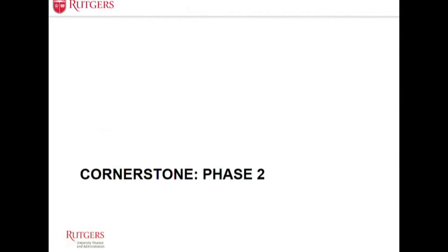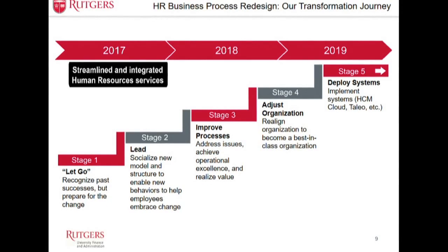Okay, let's talk about phase 2. There are a lot of projects in phase 2, but two major ones. The first one is the HR business process redesign. And this just gives a feel for what's going on in the stages of the project. So stage 1. When I first saw that, I said, is that really supposed to be "let's go"? And then I was corrected to understand it's letting go of the old ways, recognizing past successes, but preparing for the change. So this was something going on within university HR as part of its